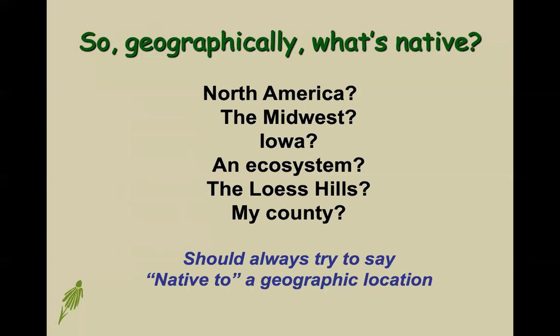And there's a resource, the Biota of North America map, and I'll try to make a note to remember to send that in the link resources, that can scale down to the county level. Of course, that's only as good as the data that it receives from various sources, but we can drill down to that level. So when we're talking about native plants, we should always say native to a specific geographic location instead of just native plants, except that I'm always just saying native plants. So that's what native plants are, but